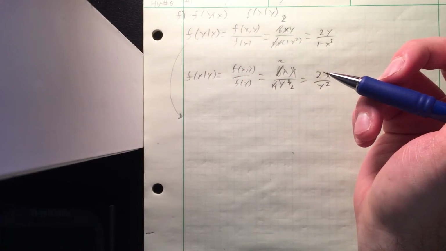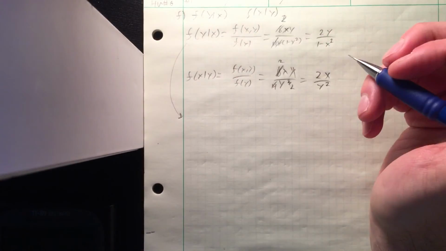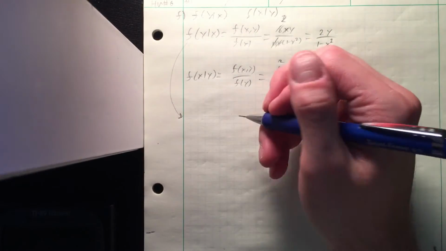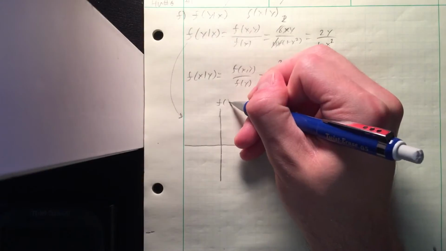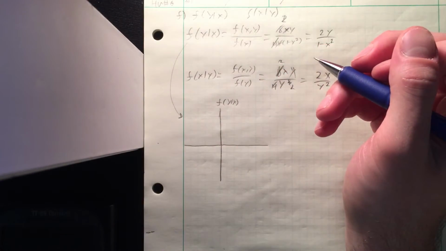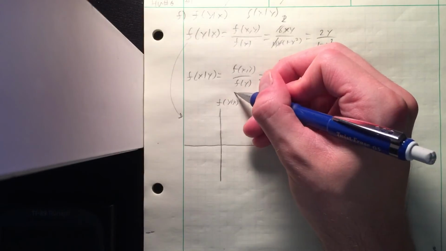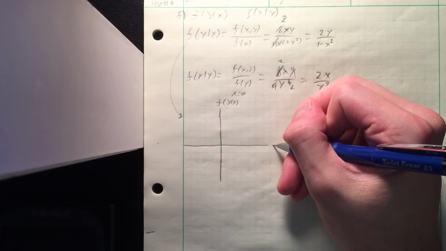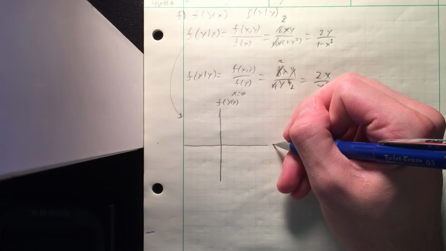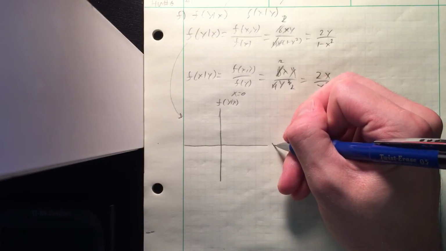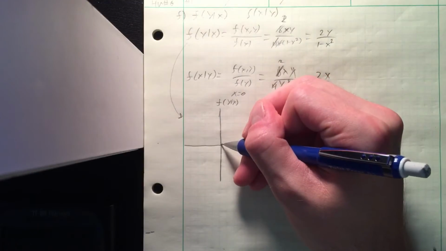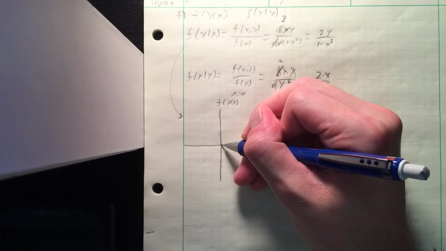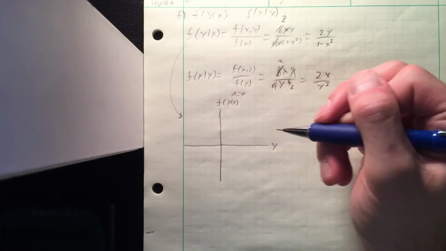So if x were fixed, f y given x of 0, it's going to take that and make that just 1. So when y is 0, when x is 0,